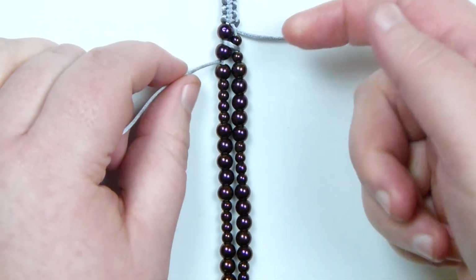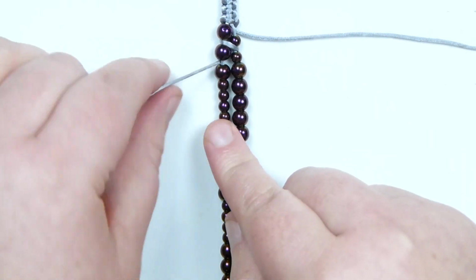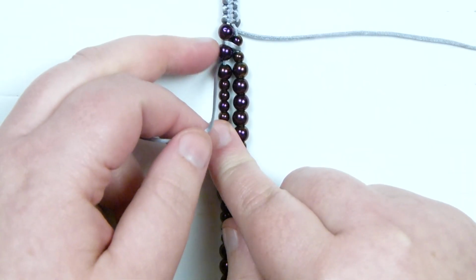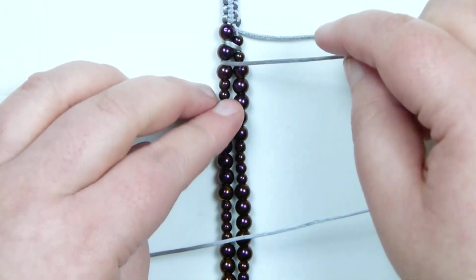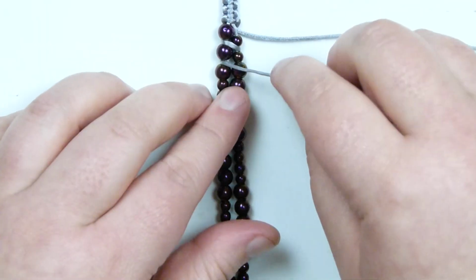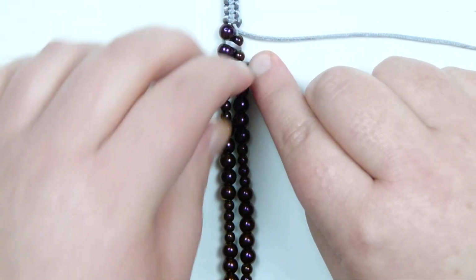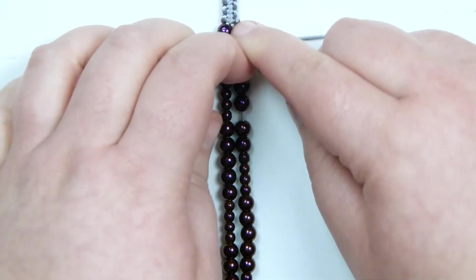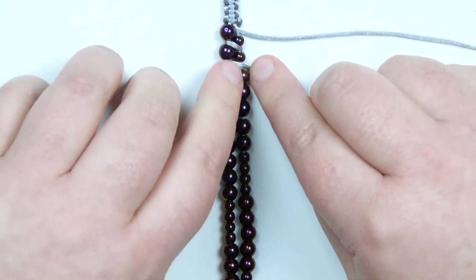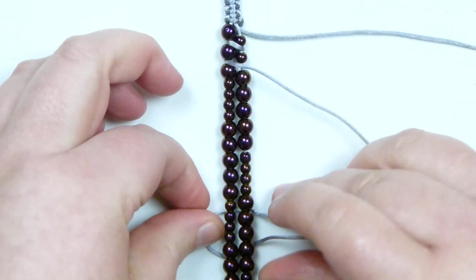And then I need it to come underneath, which obviously we can't see, but we need it so it comes up below the next bead on that left side, so below the second one in this case. And then I bring it across the front again, and then just step down 1 bead every time you wrap basically. So that means it also then, just need to push some of these down a little bit, needs to come below the second bead on the right side. Then I'm going to bring it across